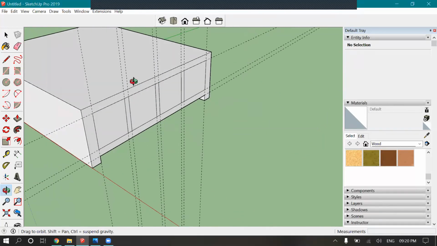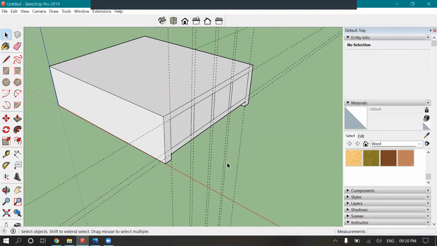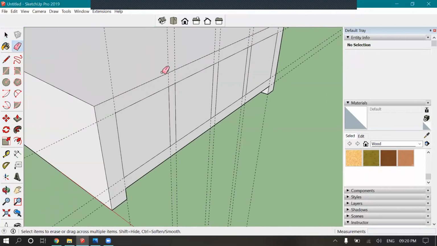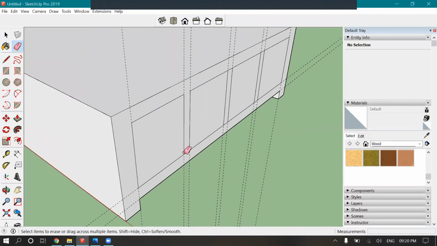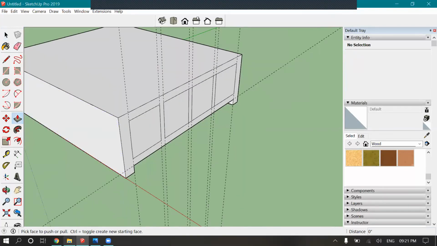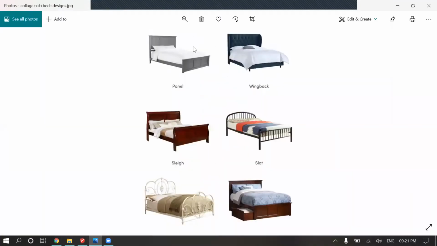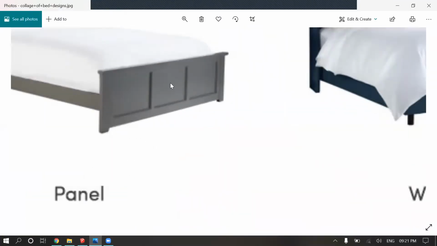So back to our bedroom. We need to delete these few lines, it's not mandatory. Now we need to complete this part, the inner edges of the bed.